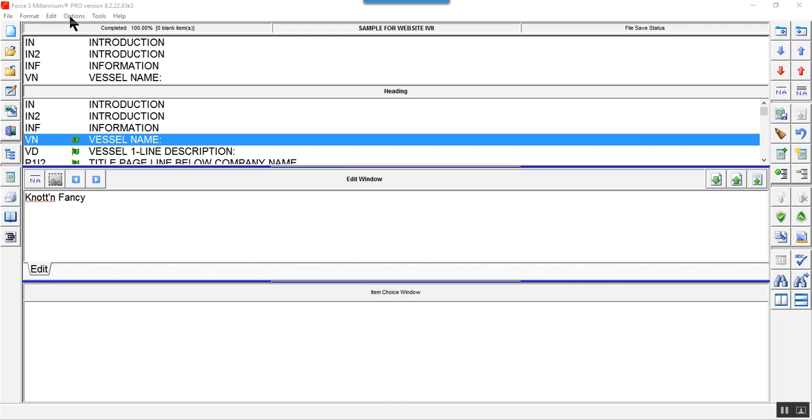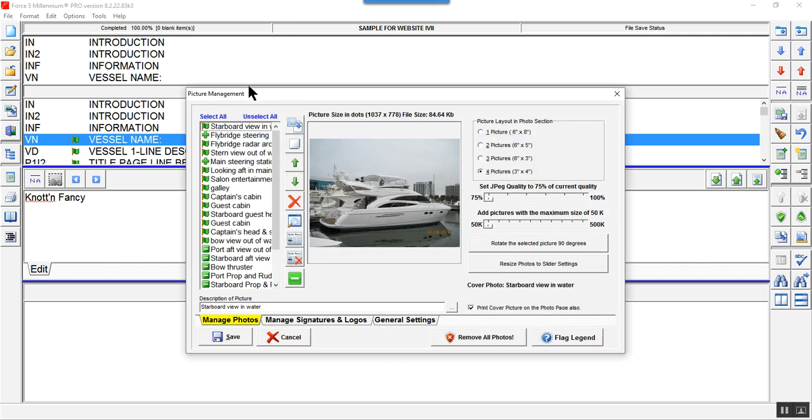The purpose of this video is to demonstrate the picture enhancements that can be edited into a picture that is brought into the picture management utility in Force 5. First, let's get the picture management utility open. Now you see we have our pictures that we've brought into Force 5 previously, and we are going to select one,